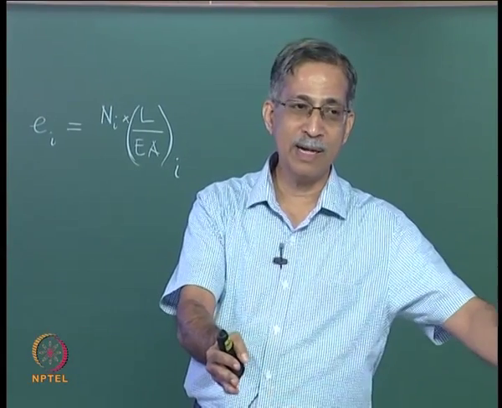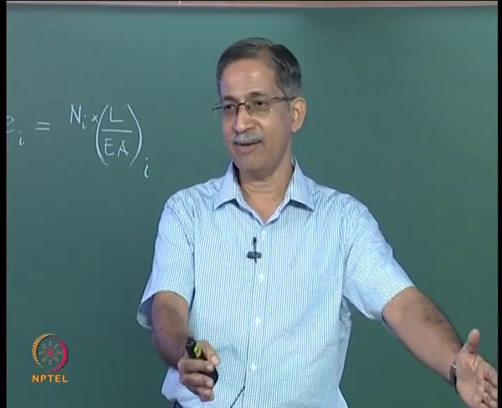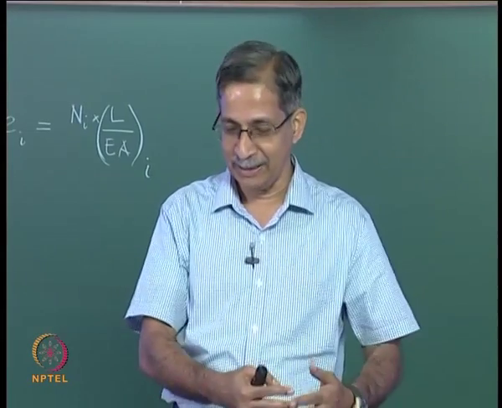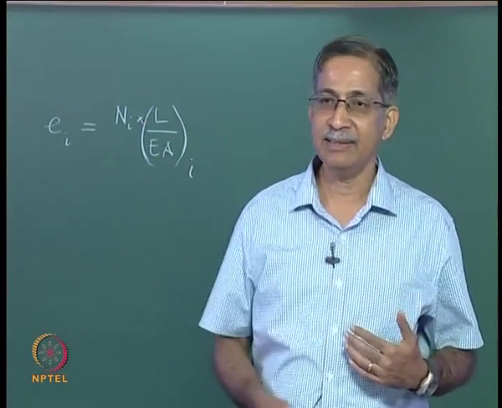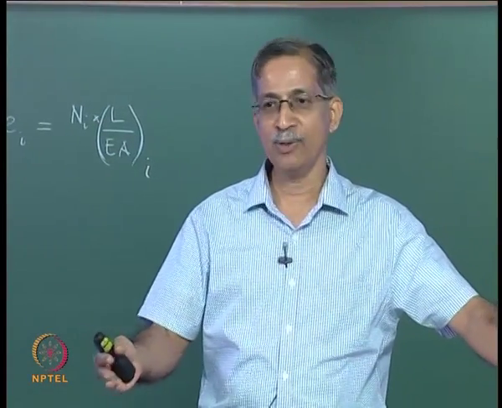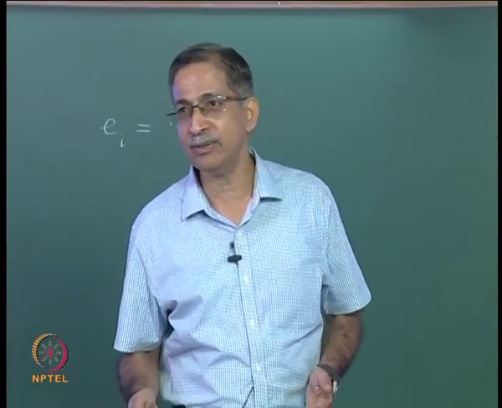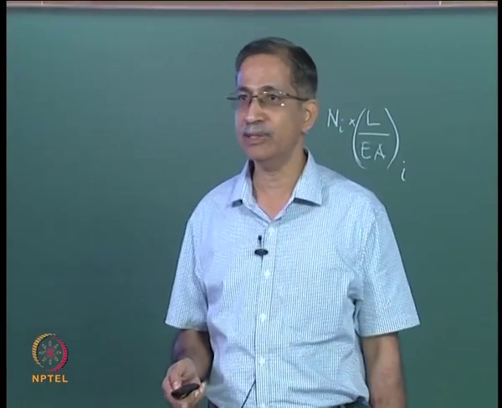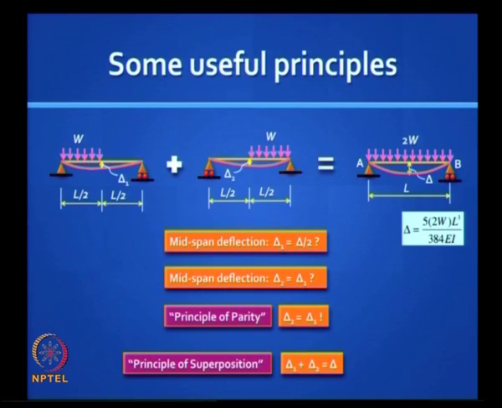What you would draw is one in which the right half is loaded. The picture that I will draw is the one with the left half being loaded, but we are actually dealing with the same beam, and this is not symmetry, this is called parity, the principle of parity. It all depends on how you look at the beam, and the deflection is exactly the same. So if you invoke the principles of parity and superposition, you can prove that delta 1 plus delta 2 equals delta, and delta 1 is equal to delta 2, and so it follows that delta 1 is delta by 2. This combination of parity and superposition we can invoke in many cases.